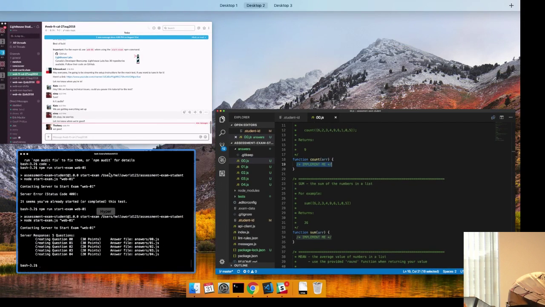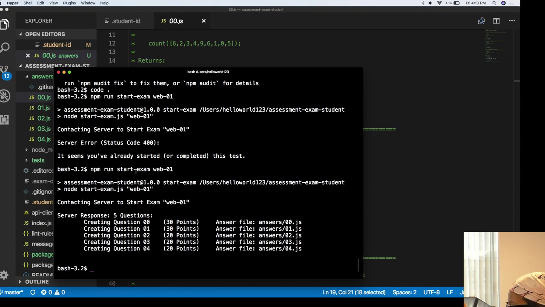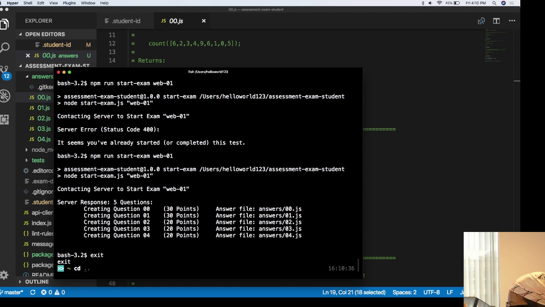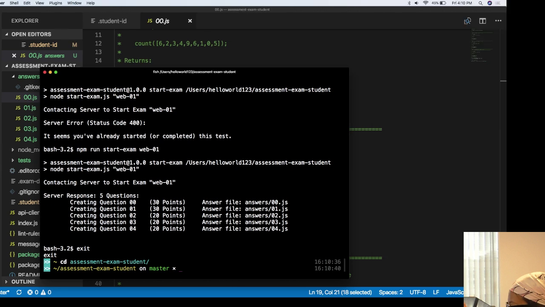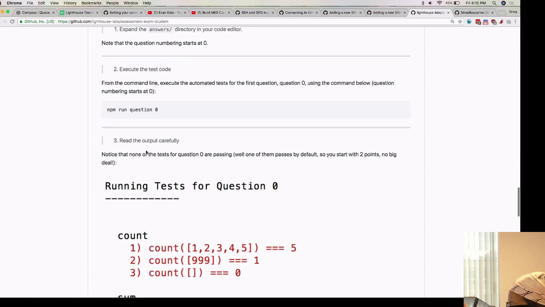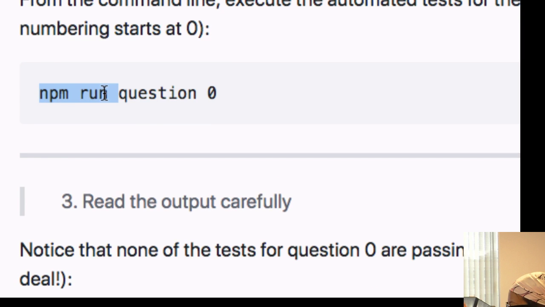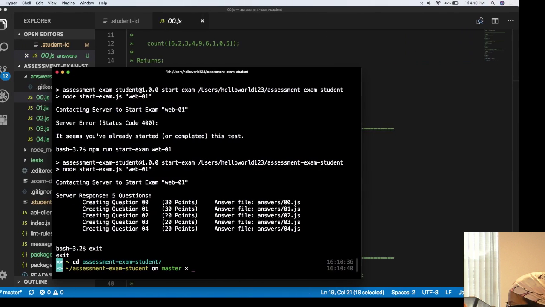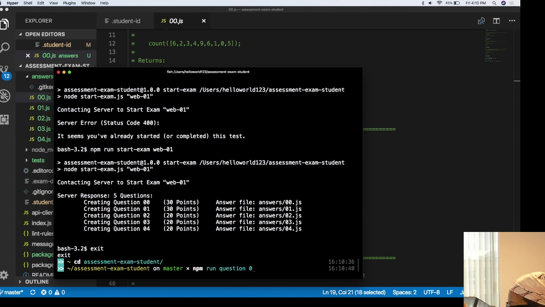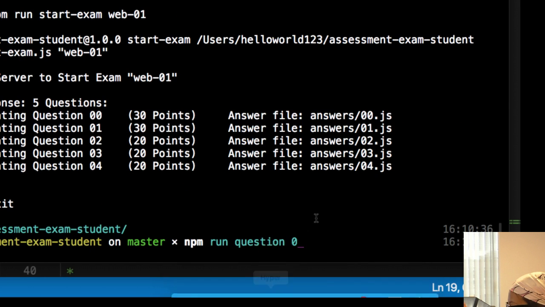Since I haven't implemented it yet, what I will see if I try to run the tests, and the way that we're going to run the test is by going npm run question and then the number of the question that we're running. So I go npm run question 0 right now.